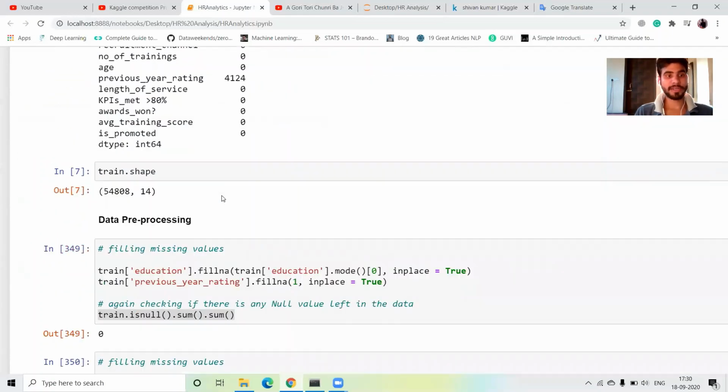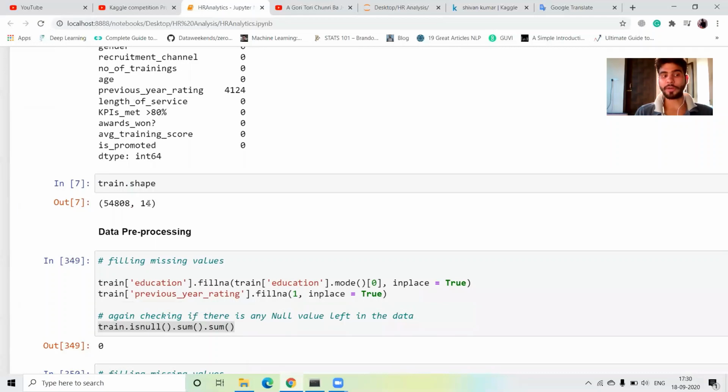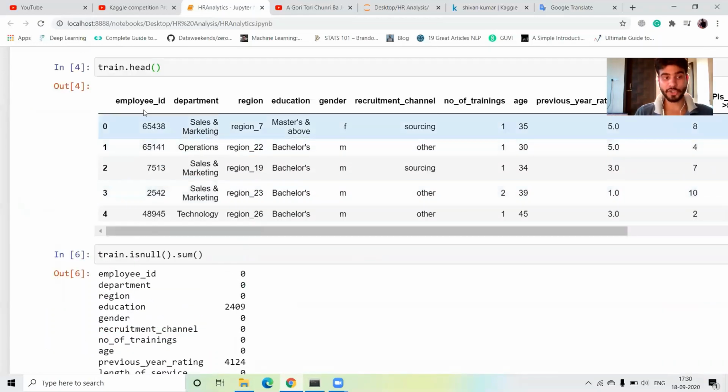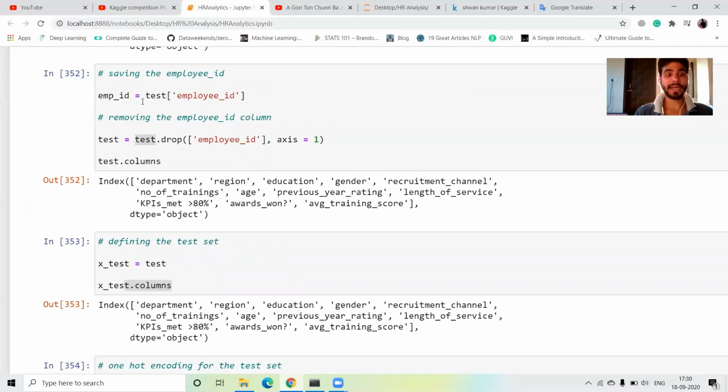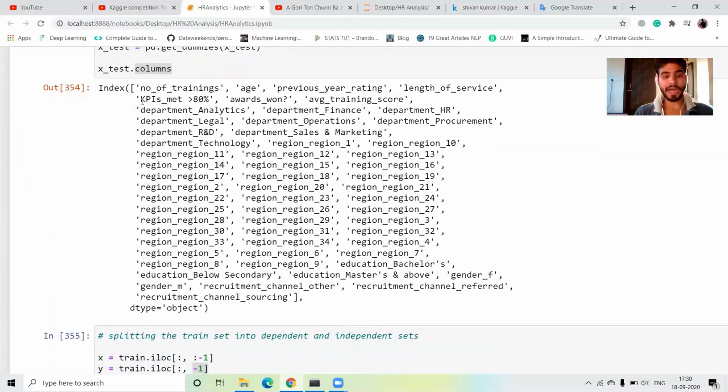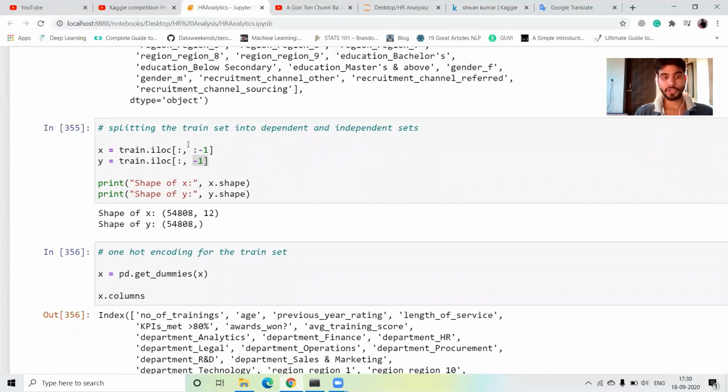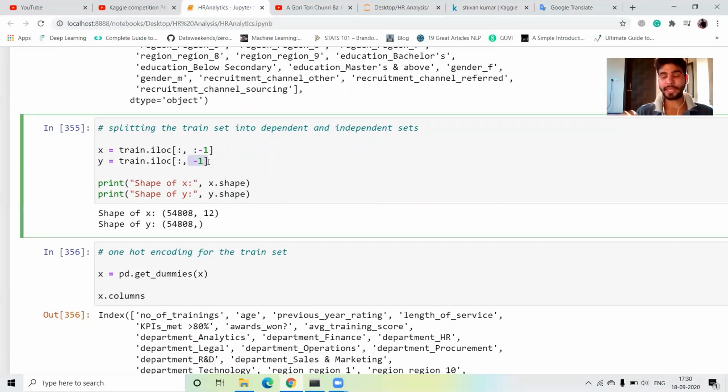So first of all, take the 14 columns. But when I drop this employee ID, only 13 columns are available. Then when I drop our next column, I just write -1 and drop our last column. This is the target value variable, the target column. So I just drop this column and we have split our X and y.